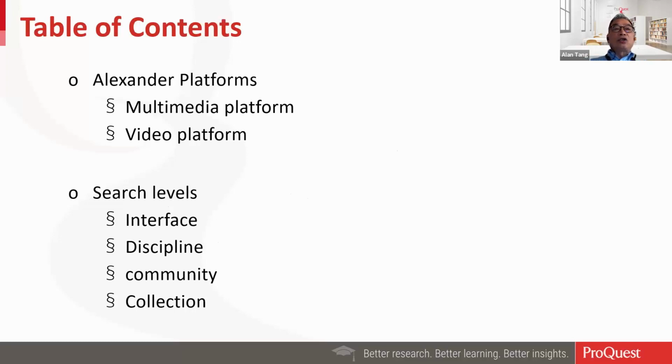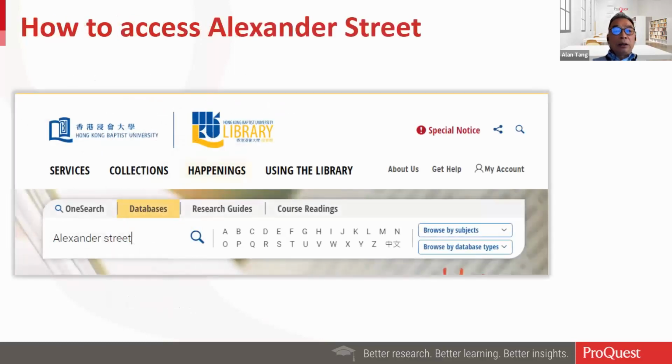Firstly, there are two platforms on Alexander Street: one is the multimedia platform, and the other is the video platform. On the multimedia platform, there are different search levels, from interface to discipline to community to collection. Okay, I will demo later on. And this is how you access the Alexander Street